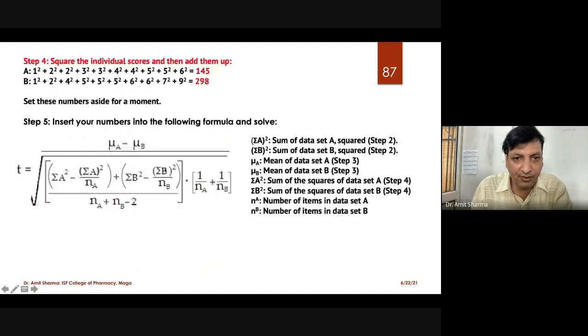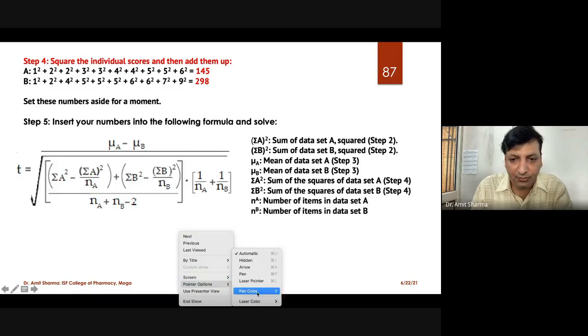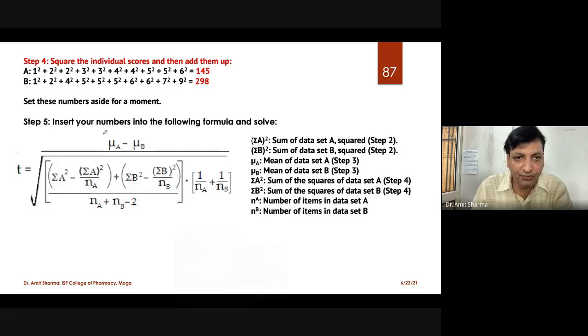So you have to write 3.5 and 5 on the top. Instead of mean of A, we write 3.5 minus 5.